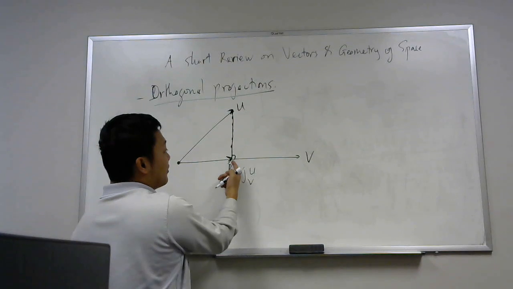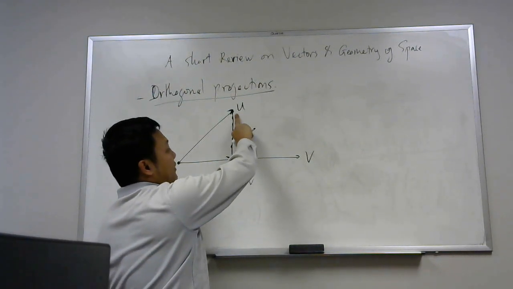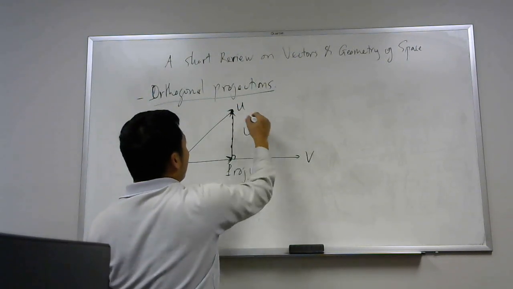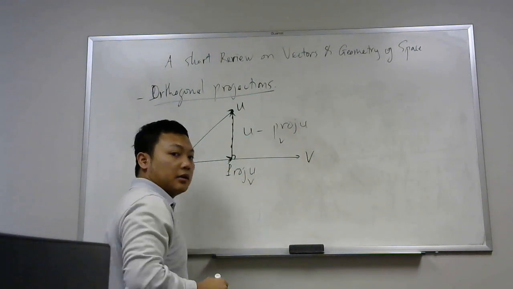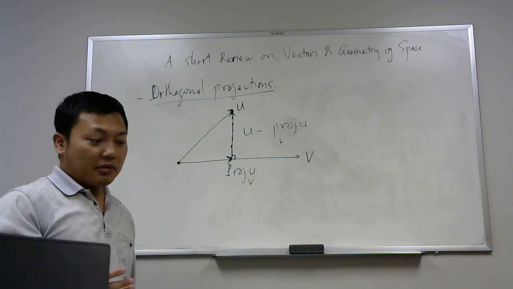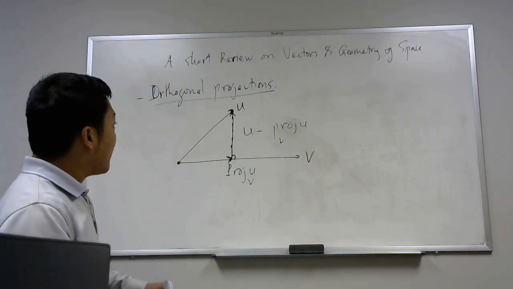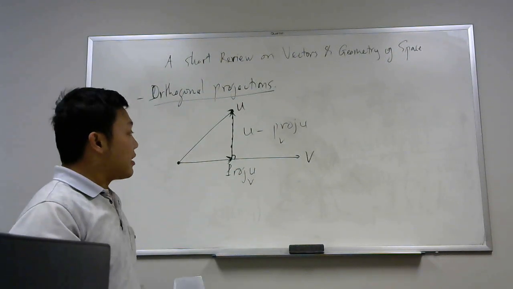That means you have to find this point, and then the distance is equal to the norm of this vector, and this vector is u minus the projection of u onto v, right? So this problem is some kind of optimization problem to find orthogonal projection. Okay, that is important,